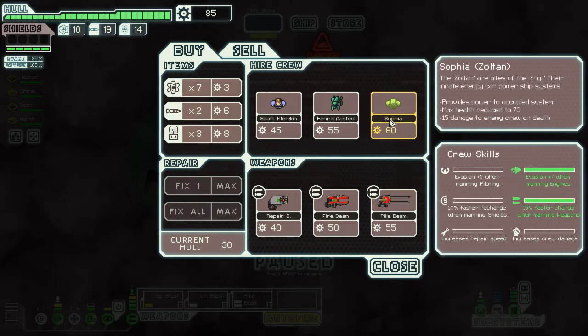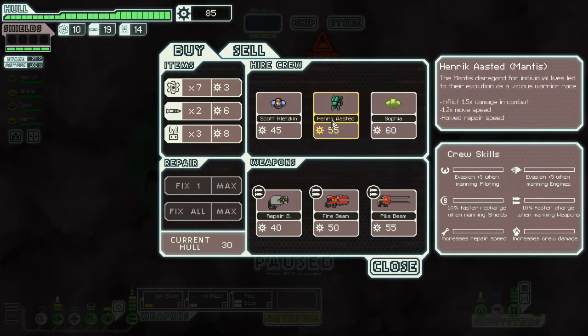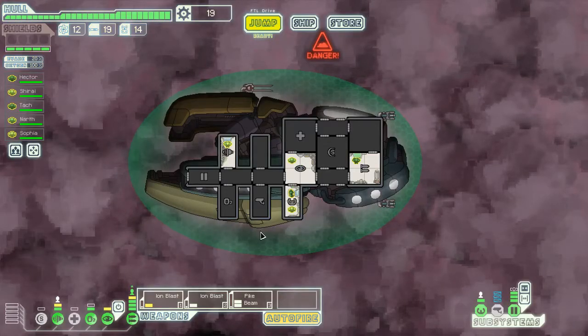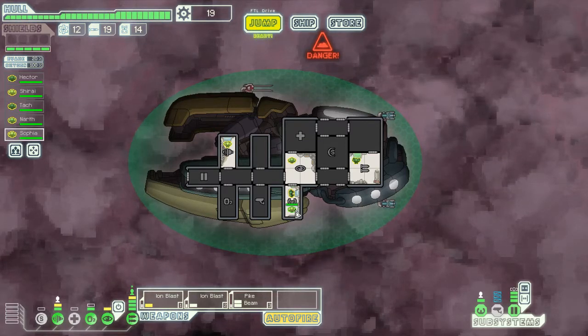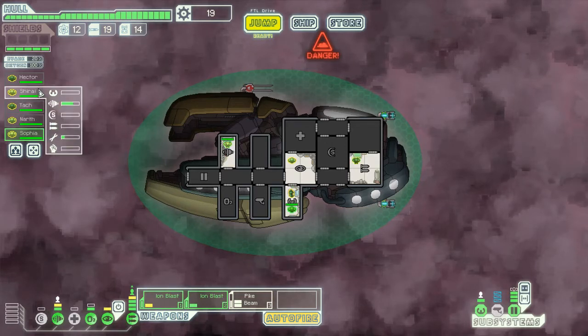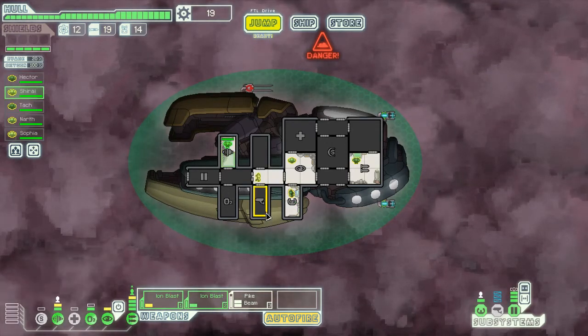Human skills improve slightly faster, but at the moment we don't really need that. So this has engine and weapon skills. Yep. We're gonna do it. Because our TAC currently... Oh no, he is actually really good at weapons. Our engine one is not very good though, so we'll swap you for you, and...